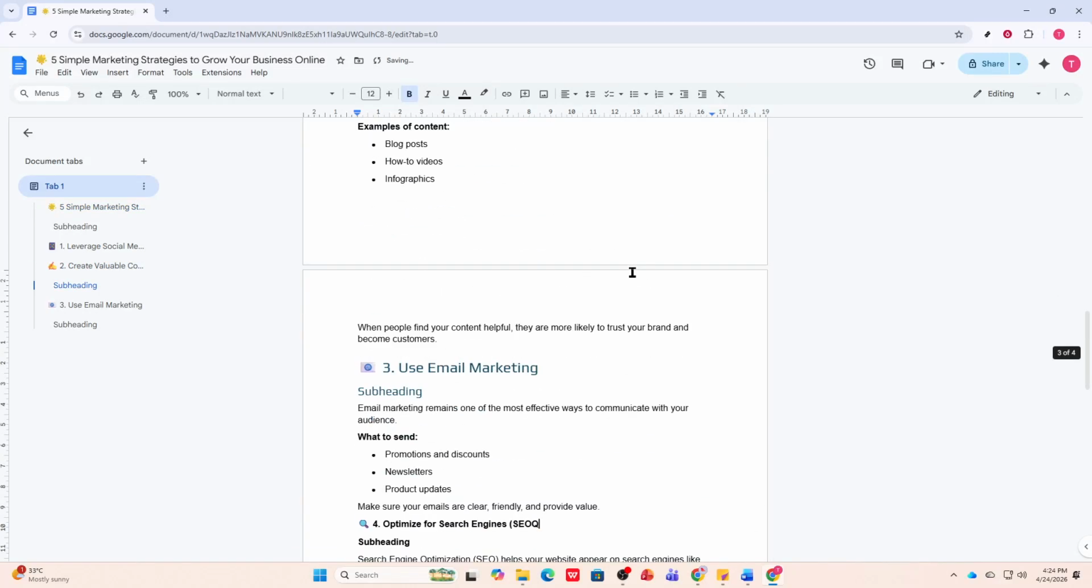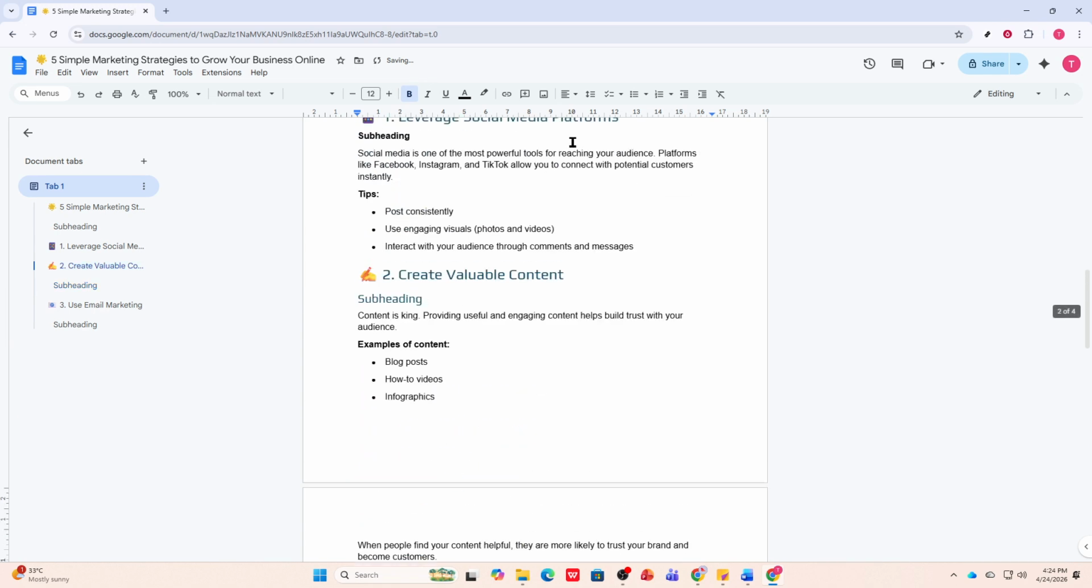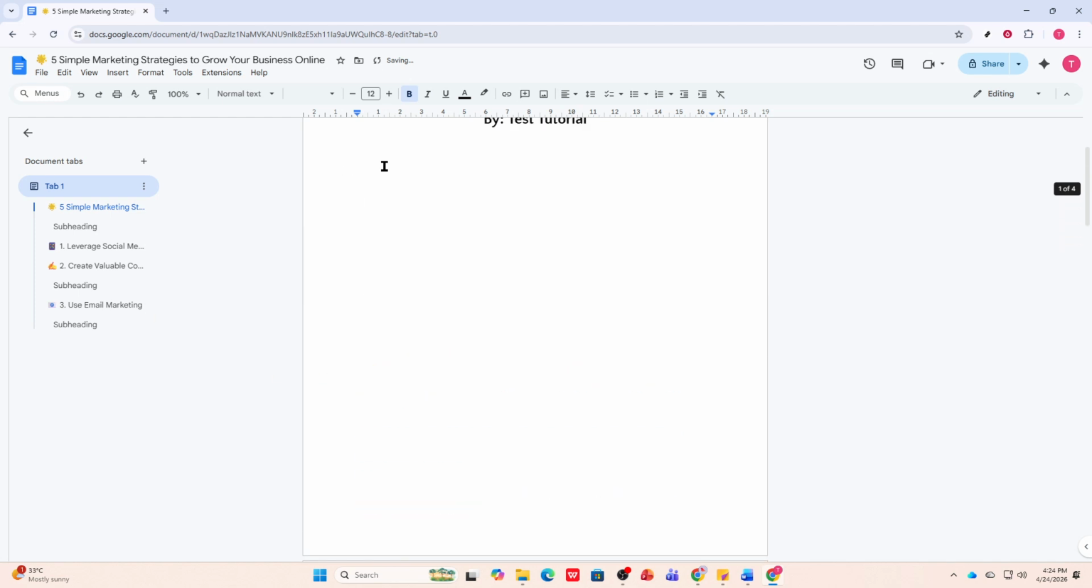In today's video, I'm going to teach you how to insert a table of contents in Google Docs. First, open your file in Google Docs so we can work directly in the document you want to organize. The table of contents pulls from your document structure, so before we insert it, we need to set up that